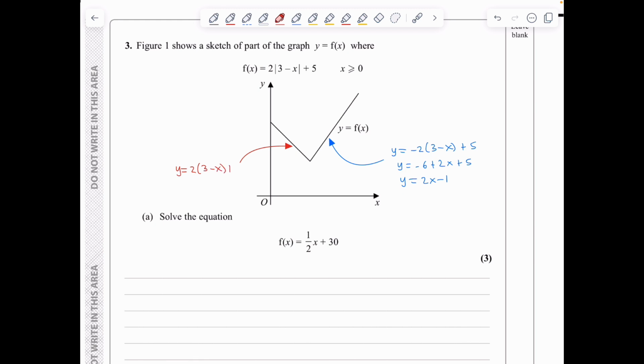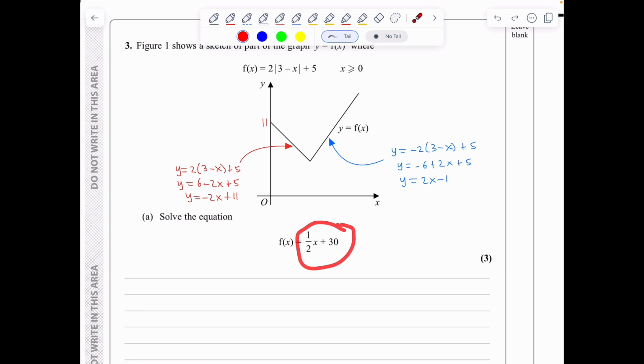Whereas on the left hand side, we are looking at y is equal to 2 brackets 3 minus x plus 5. I will expand this to get 6 minus 2x plus 5, and therefore we're looking at y is minus 2x plus 11. From this equation, we can see that the cut on the y-axis must be at 11, and if we consider the right-hand side of the equation that we need to solve, the half x plus 30, we're looking at a straight line going uphill, certainly less steep than this line here, which has a gradient of 2,